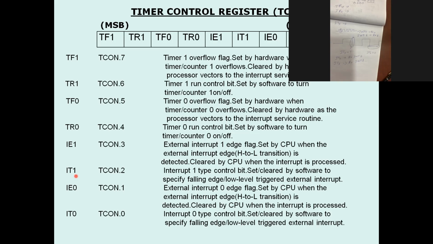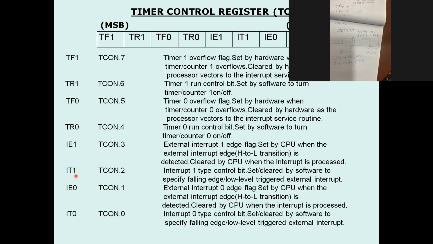If this bit is set, then falling edge interrupt will be recognized.